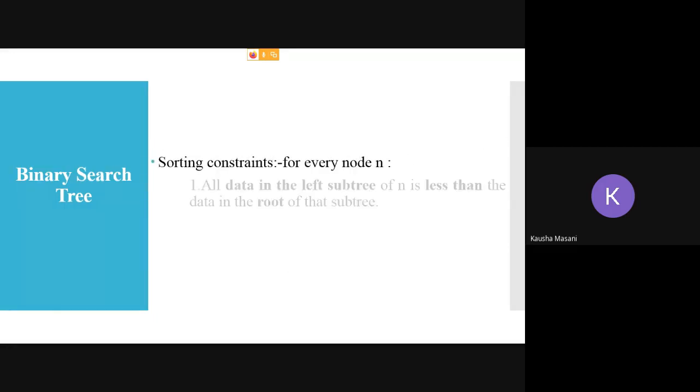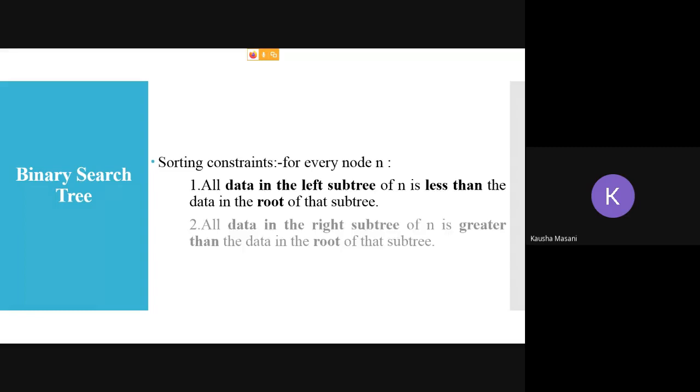Okay, so less than and greater than relationships are defined for the data values. These are the constraints. Data on the left subtree is less than your root. Data on the right subtree is greater than your root. That's why you see those words highlighted. I have not highlighted the full sentence; the words are highlighted so that it is easier to remember. And these are the constraints of sorting: how you are going to place your data in the binary search tree. It is fixed.